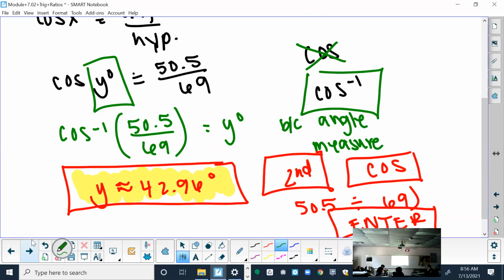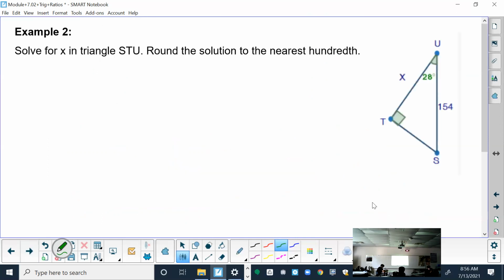All right, so example 2, top of page 5. We are given this. It doesn't tell us that we're using cosine, even though we are in the cosine section. So here's how we would figure out that we're using cosine. Look at the angle measure that you are given. Since that's the angle measure we're given, we're going to look at the triangle from that perspective and